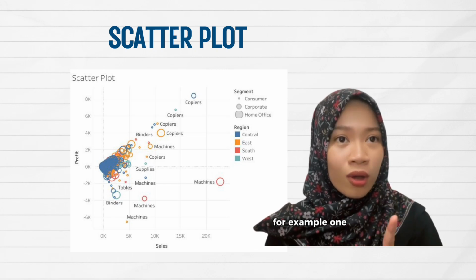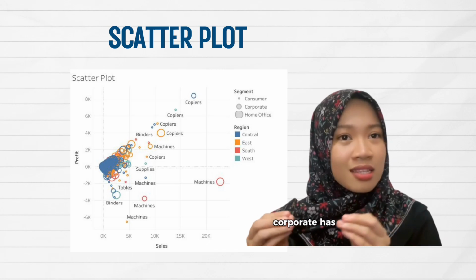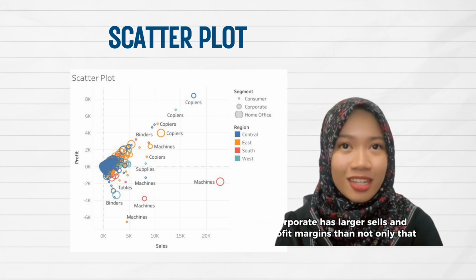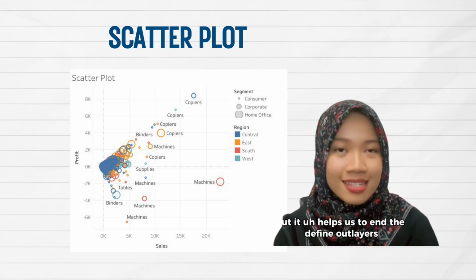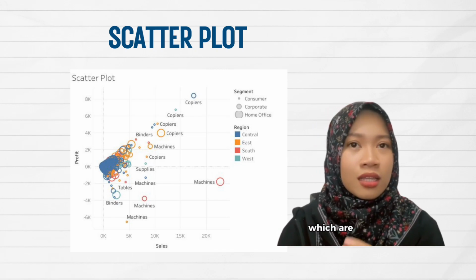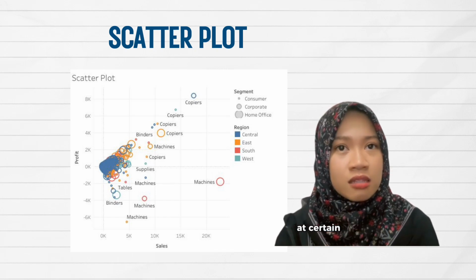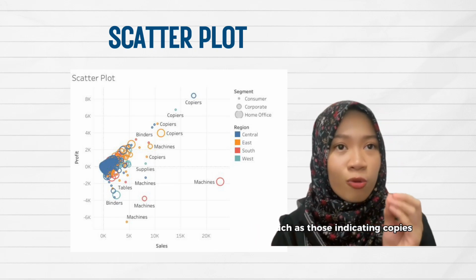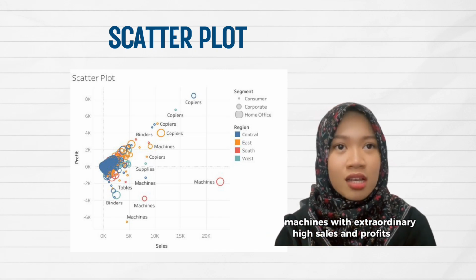For example, one might notice that a specific segment, like say corporate, has larger sales and profit margins than another. Not only that, but it helps us identify outliers. Scatter plots help in detecting outliers, which are data points that differ significantly from other observations. Certain points from the plot, such as those indicating copiers and machines with extraordinarily high sales and profits, are